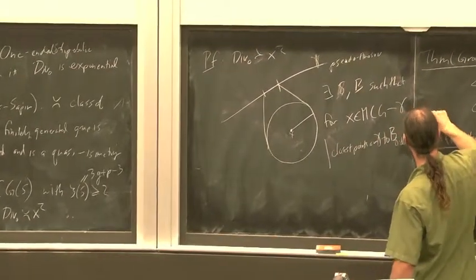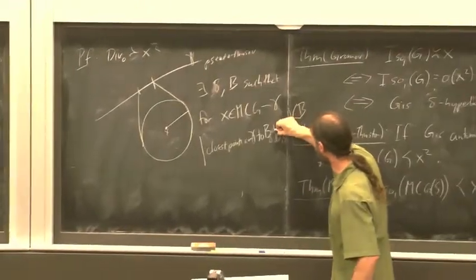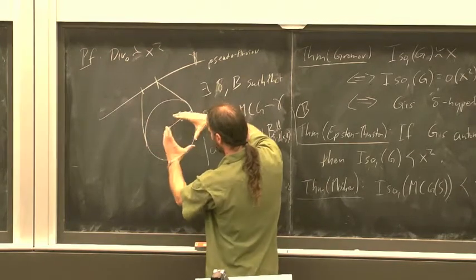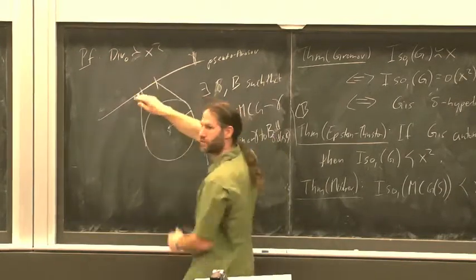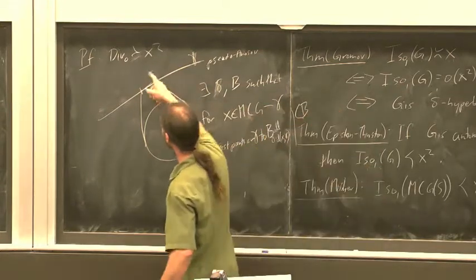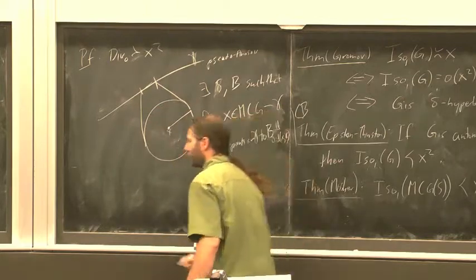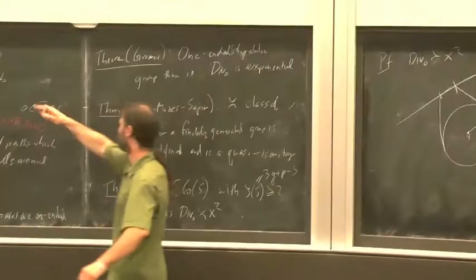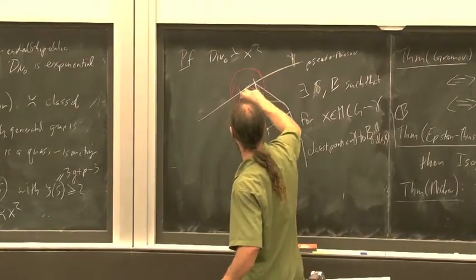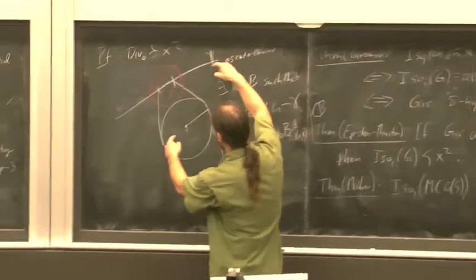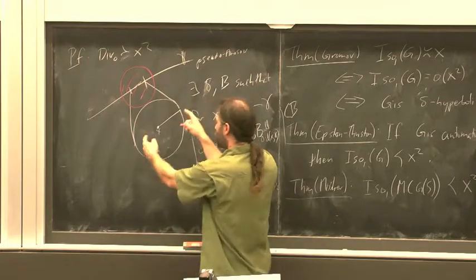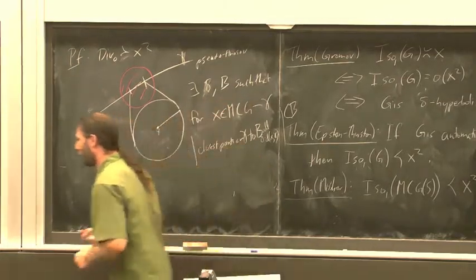So this is a ball of some linear size. For any point, there's a linear-sized ball, and those linear-sized balls project to uniformly bounded diameter sets in gamma. And so what does that mean? If I try to avoid a large ball on the pseudo-Anosov axis, well, once I'm out here, in order to go some uniformly bounded distance inside here, I've got to move a linear distance out here. So my blue path,